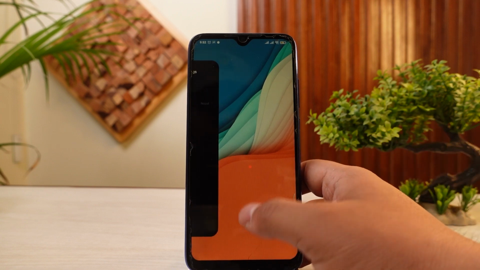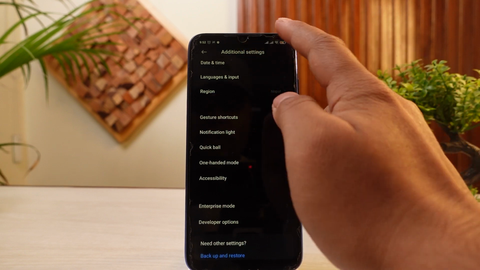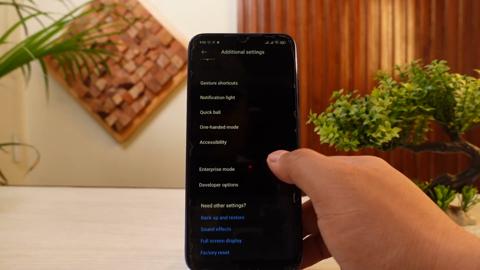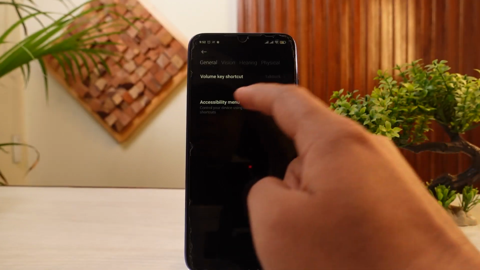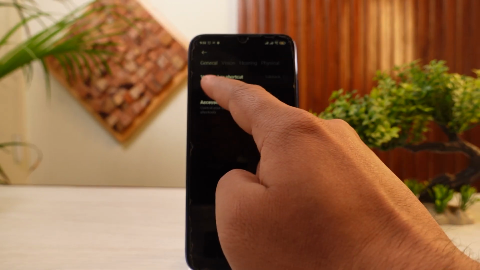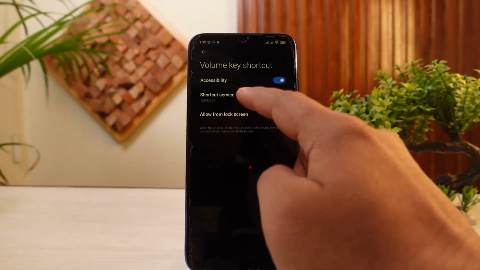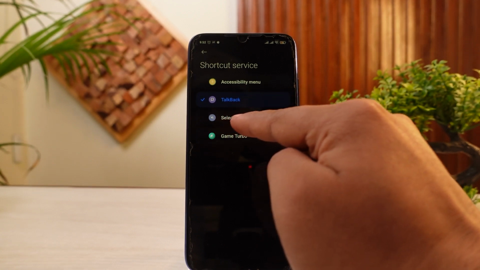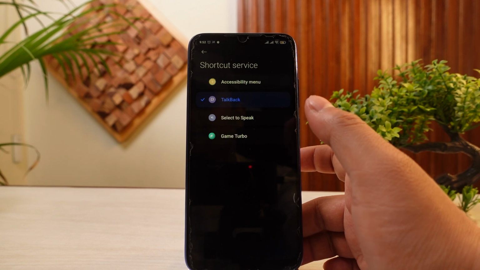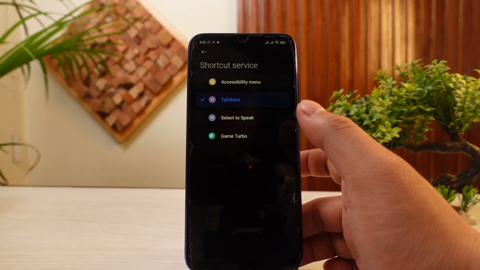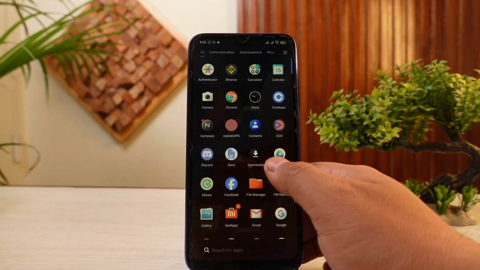Now if this option is not viable or available for you, what you need to do in this situation is head over to your settings on your device, head over to additional settings, and then simply head over to accessibility. Once you're inside of accessibility, you should be able to see the option which says volume key shortcuts or something of that sort. You can simply head over to it and make sure that you select the Select to Speak option. This way you'll be able to manually select the text that you're trying to make the Android device speak out loud. So this is the exact method that you need to follow in order to make the Android device